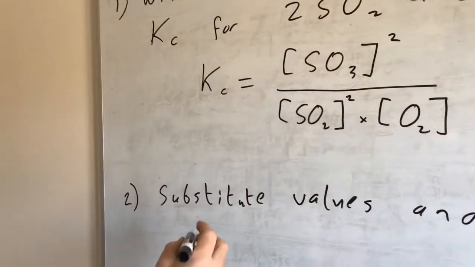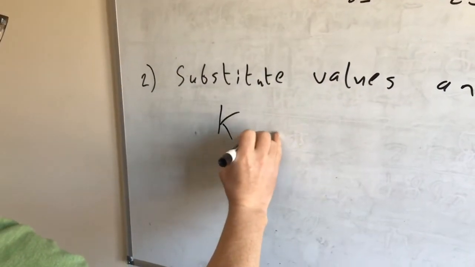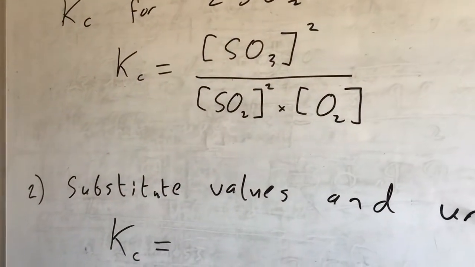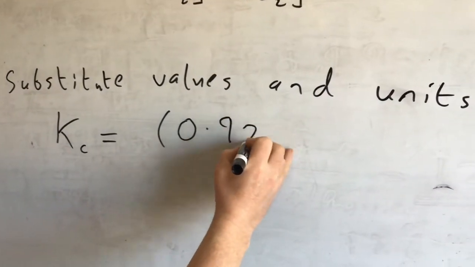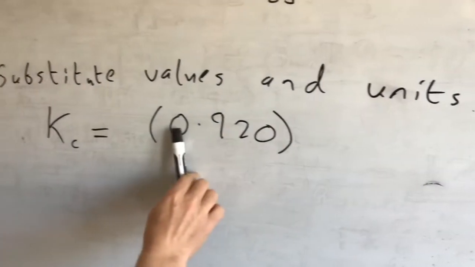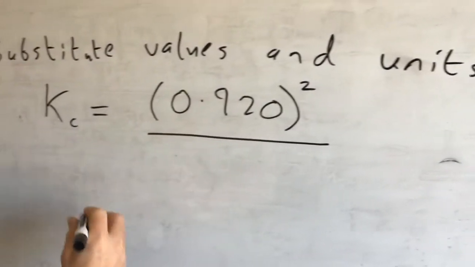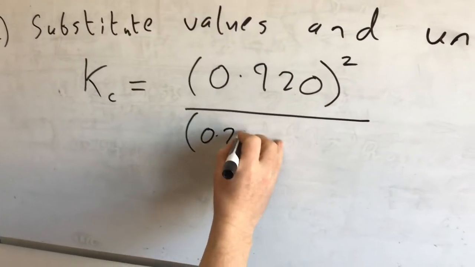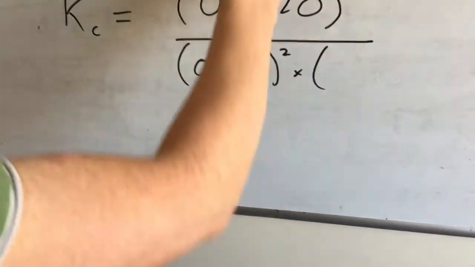Now we can substitute the numbers into this expression. So Kc equals the concentration of SO3. If you look back at the numbers in the question, you'll see that the concentration of SO3 was 0.920 squared, divided by the concentration of SO2 at 0.230 squared, times the concentration of oxygen,